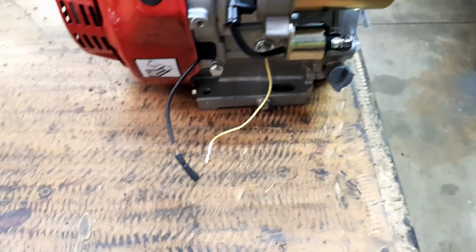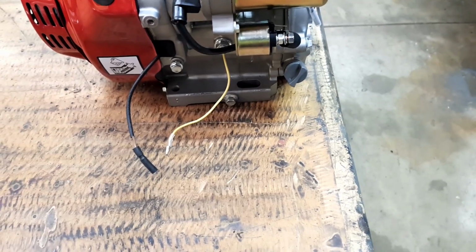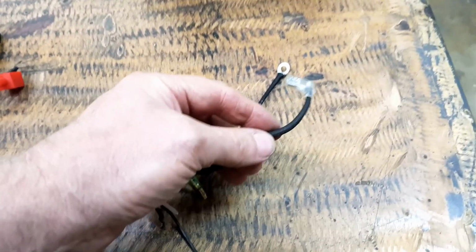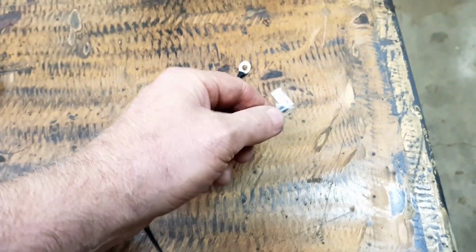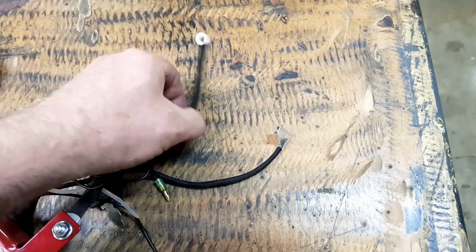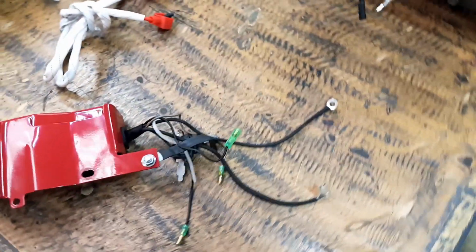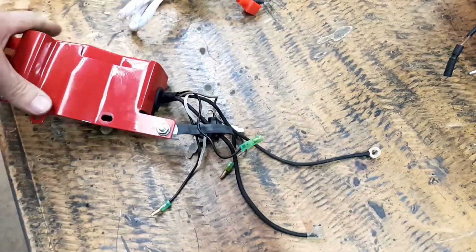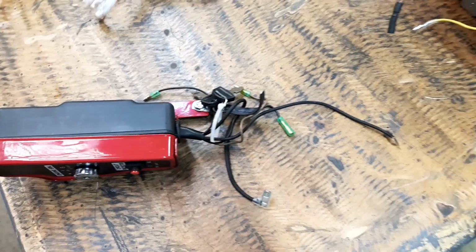But if you're in doubt and you're not quite sure, just get a bit of masking tape and a pen and put it on each individual wire, and you can either number it or name it and write a detailed diagram. But this one, they've actually done a pretty good job in the way of keeping the identification part of it relatively simple. So we shouldn't have too many troubles when we try and wire it up once the engine itself is